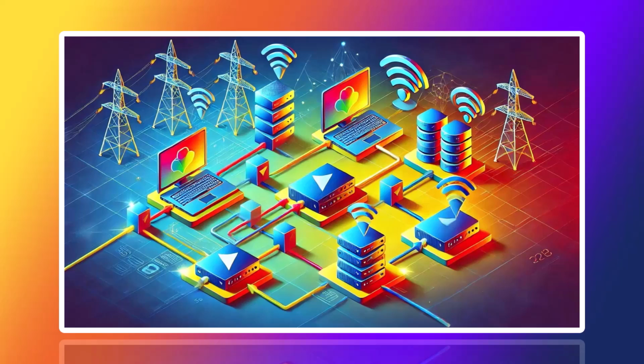Each packet may take a different path through the network, but they are reassembled in the correct order upon arrival. This intricate process allows for efficient and reliable data transmission, regardless of distance. The Internet's ability to seamlessly transmit vast amounts of data underpins its role as a vital global resource.